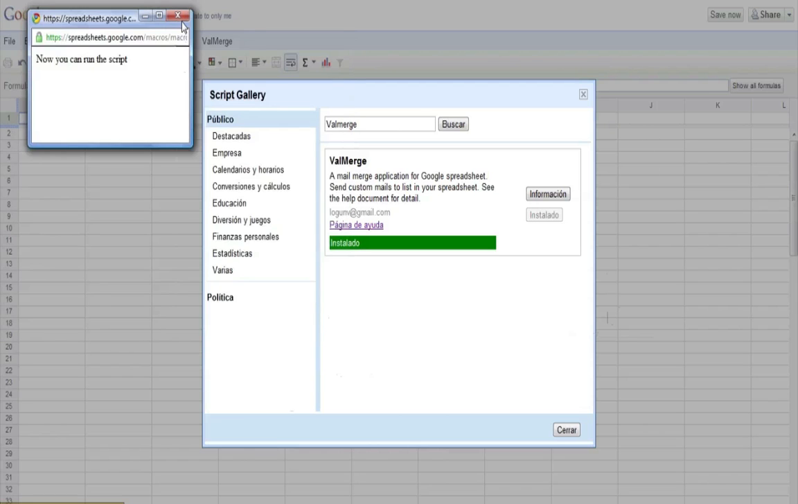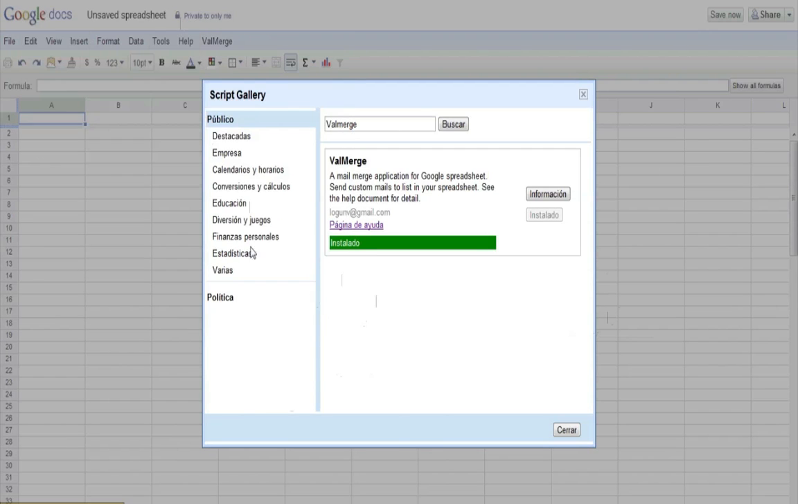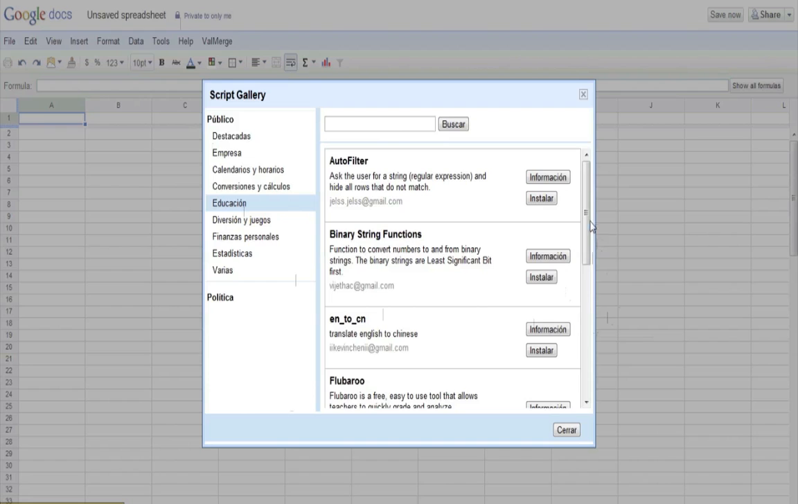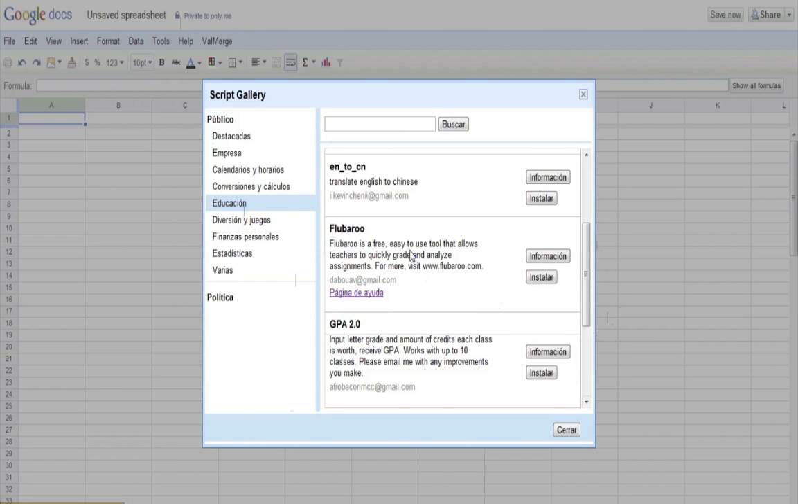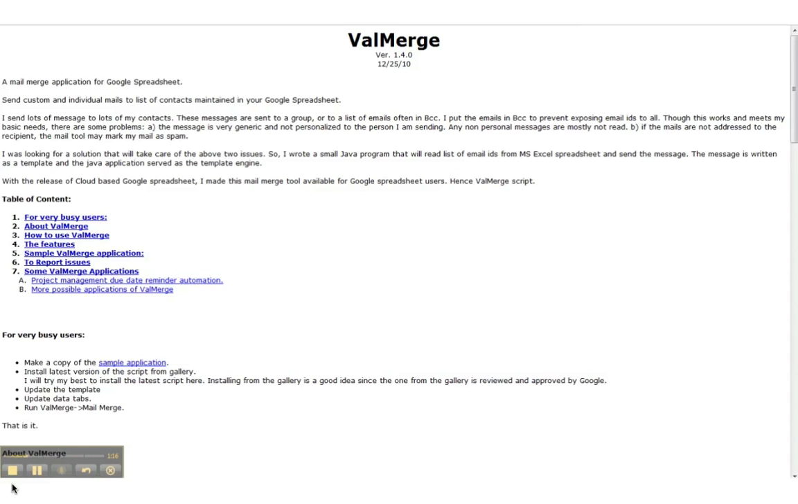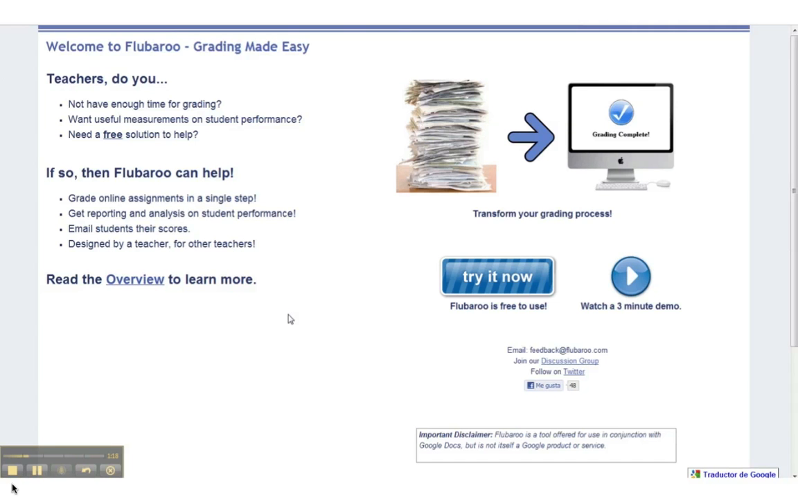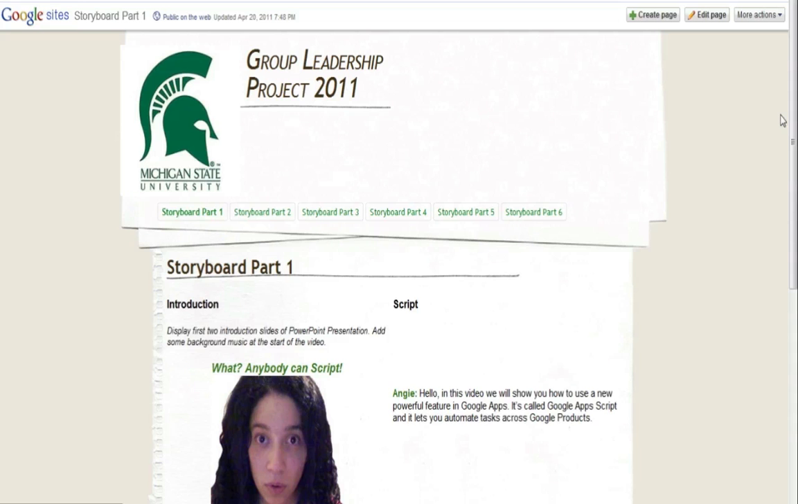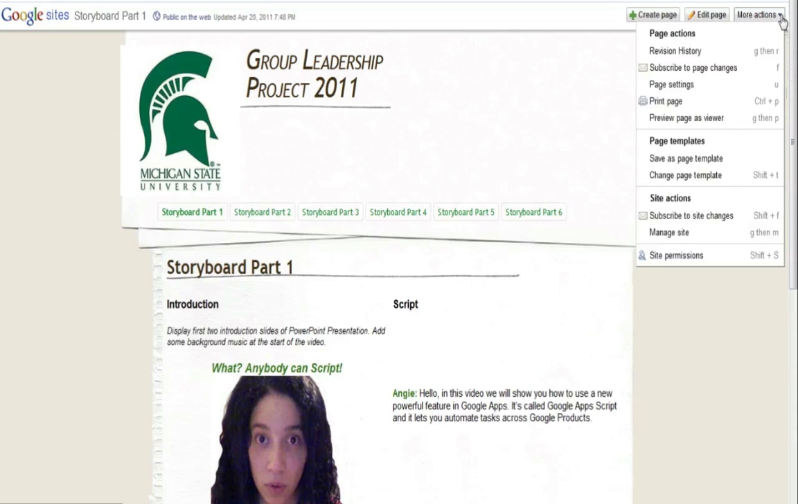And Flubaroo is a new and very powerful script that allows you to quickly grade and analyze assignments. You can install them to your spreadsheets quite easily, and both of them have good user documentation sites. A script can also be added to a Google site. Creating a website for your class can be very simple with Google Apps, and now you can customize it even